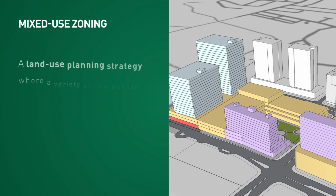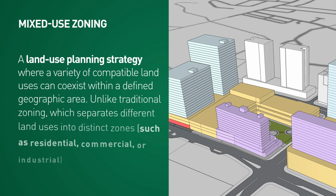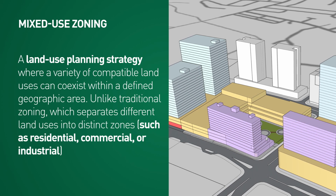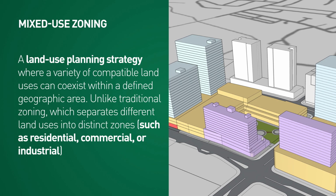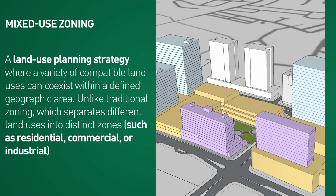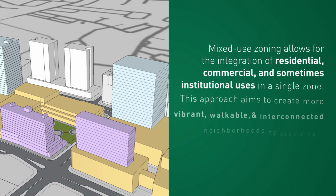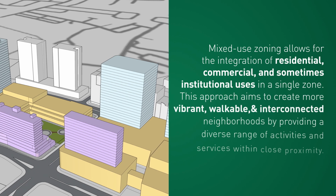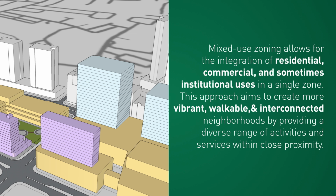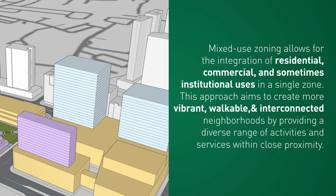Mixed-use zoning is a land use planning strategy where a variety of compatible land uses can coexist within a defined geographic area. Unlike traditional zoning, which separates different land uses into distinct zones, such as residential, commercial, or industrial, mixed-use zoning allows for the integration of residential, commercial, and sometimes institutional uses in a single zone. This approach aims to create more vibrant, walkable, and interconnected neighborhoods by providing a diverse range of activities and services